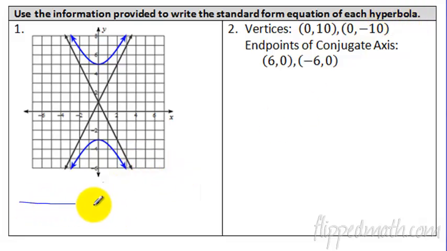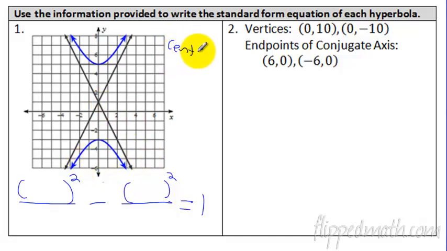One thing you always want to do to start off is just kind of set up your fractions. You know it's going to be some quantity squared thing, and it's going to be subtraction, and it's going to equal 1. So this is my answer already. I know that's going to be the answer. Now we just need to figure out where's the center. So I'm going to write down up here the center,